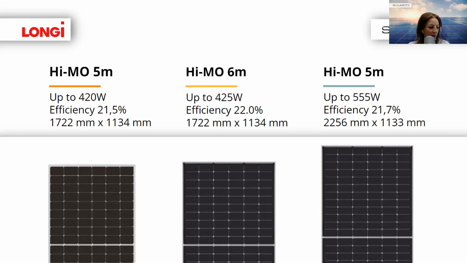When I compare some data for HIMO 5, there is a 12-year warranty for materials and processing, and 25 years of warranty for extra linear power output. HIMO 6 depends, as I mentioned. They have two different product lines presented so far, although in the end there will be 4. One is HIMO 6 Explorer, and the second is HIMO 6 Scientist.